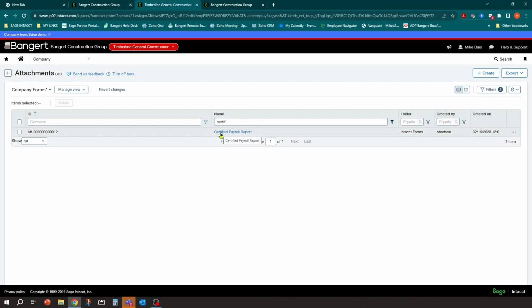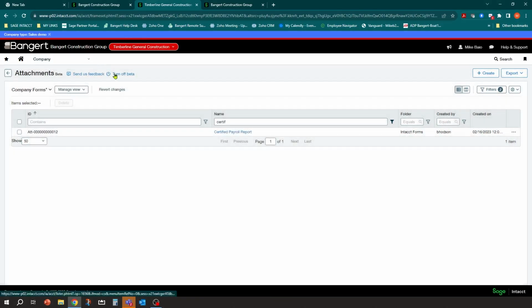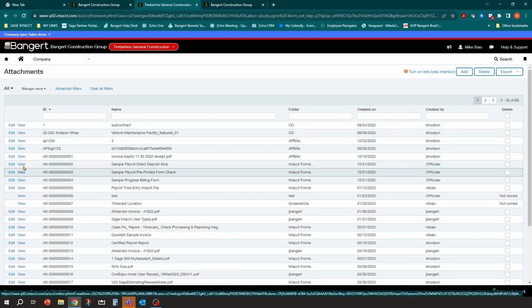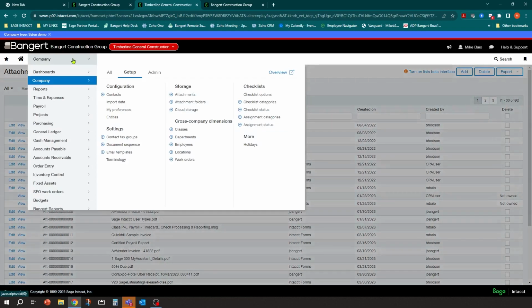Okay. So I would say go ahead and use these. Again, you can turn them off at any time, provide your feedback. And again, if you want to find out exactly where they are, you will notice that if you're in any of the lists, you see this over here on the right, you'll be able to turn it on and go ahead and use it now and keep it on. I think you'll start seeing more and more of this come in as new releases come out. So go ahead and play with it and get comfortable with it.